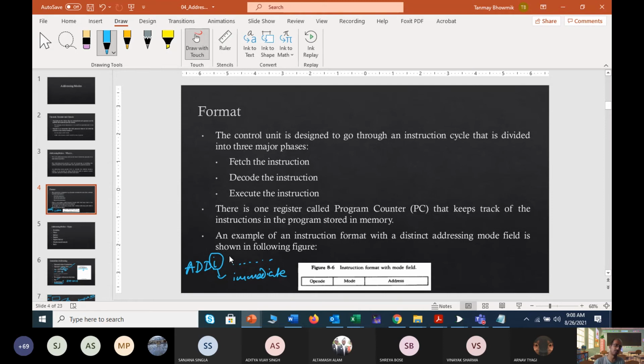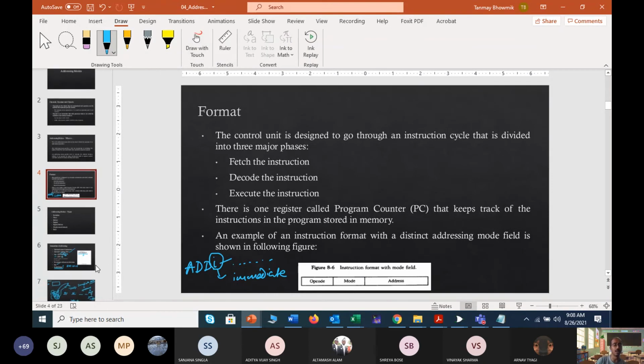There are also lots of addressing modes. So how will you distinguish between them? That can be distinguished easily by the structure of the instruction, so that is not a difficult issue. The problem is to identify which one is immediate, because at that time you cannot fetch from memory. You have to take the data from the instruction itself, so that is specified by this I. You will see when you do the lab.